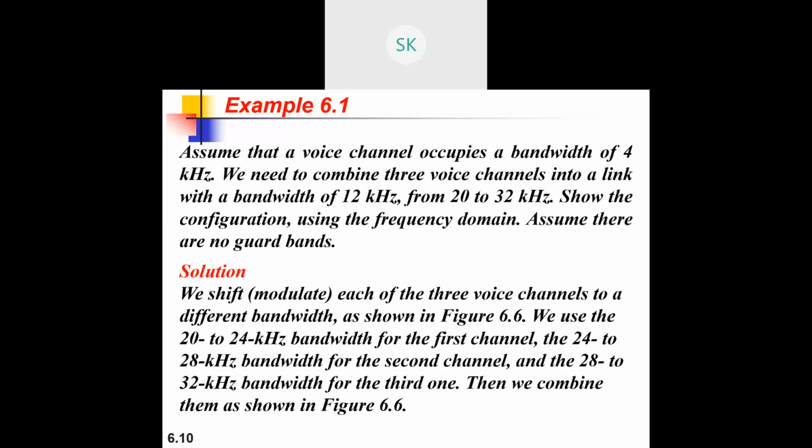Once it is done, the demodulator comes into the picture. What is the demodulator? Once again, it works with your carrier frequency. This carrier frequency along with the signal results in your original. So your baseband analog signals, whatever you wanted to transmit, will be transmitted to the other end. All these three signals are transmitted in a single communication over the same duration of time. That's why it is called frequency division multiplexing. Understood?